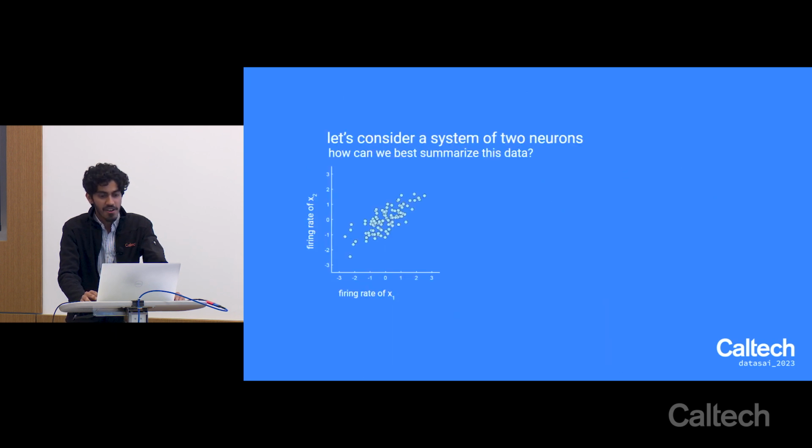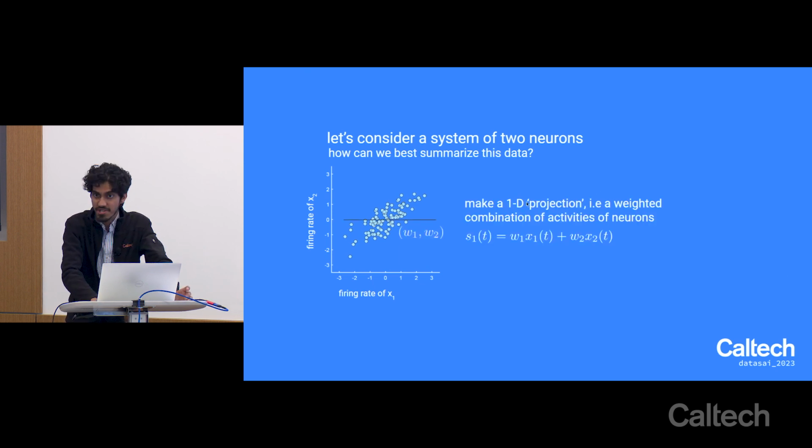OK. So let's talk a little bit about dimensionality reduction first. This is an attempt to distill down in a few slides what PCA is going to do. So say we have a system of 2 neurons. In this case, the different dots represent their different firing rates, or you could think of this as calcium activity or anything over different time points. And we want to find a way of summarizing this data. Clearly, there's some sort of space here along which the data is present. And you could, for example, find what we call a one-dimensional projection. A projection of 2D data is simply a weighted combination of the activity of these 2 particular neurons. And the projection defines a direction in this neural state space.